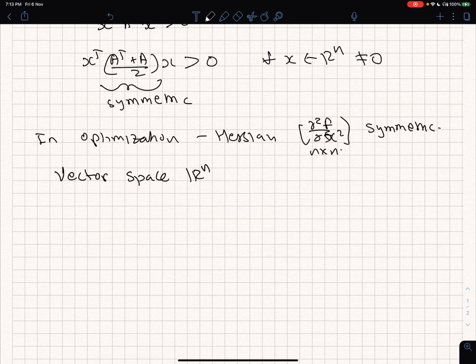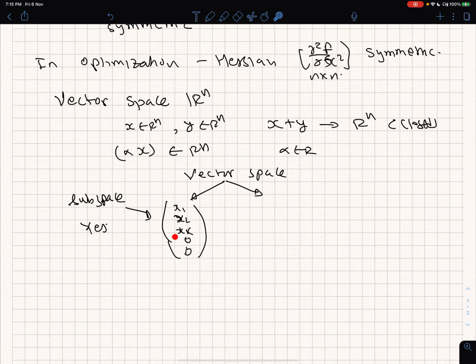For example, if I just say in an n vector x1, x2 and so on, say I go up to xk and set all of the lower ones to 0, will this be a subspace? Answer is yes, because if I take two such vectors and add them, in them also everything below k plus 1 to n will be 0. And then if I scale it up also, scaling will also constitute a vector in which the first k elements could be non-zero. Some of them could be zero, I have no problem with that. The remaining ones, however, compulsorily remain zero.